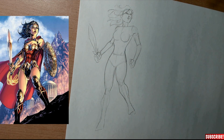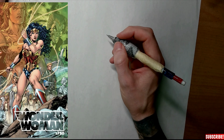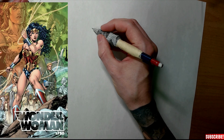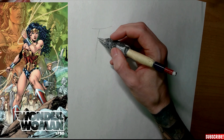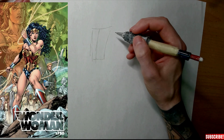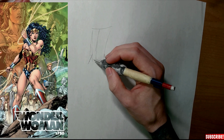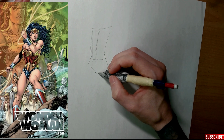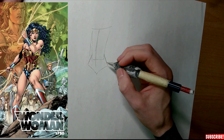Let's move on to the next one. And we will do another female, and I really love this pose. It's Wonder Woman again, and it's really such a cool pose, so I might even steal it in the near future for a cool drawing because I really love it. Look at how dynamic this looks, and still, like I told you earlier, you can see all of the important features. It just looks cool. So we will start off here with the legs again. There's our